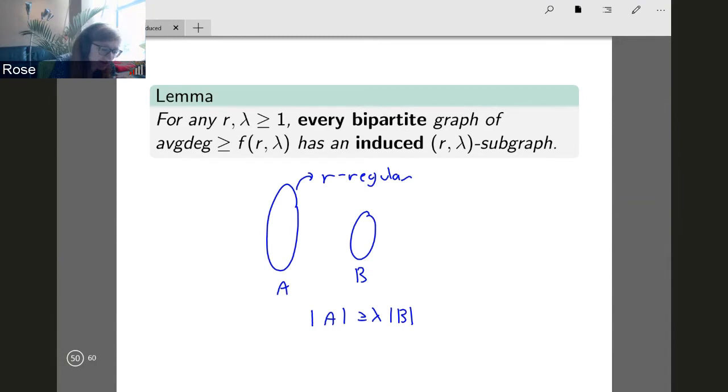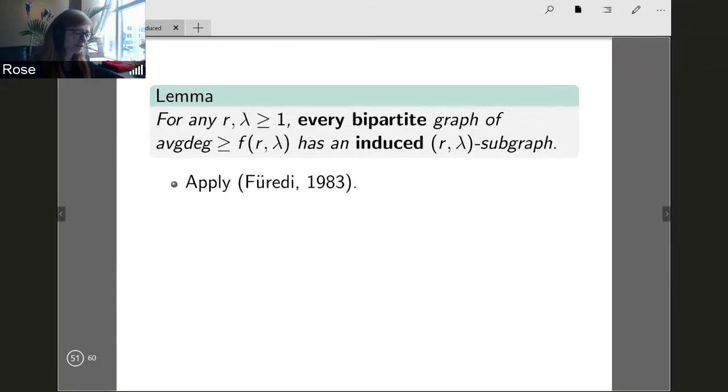And the other thing to notice here is that our lambda subgraphs are dense already. So we know that every vertex in A has high degree, it has degree at least r, but also B is smaller than A. And so the average degree of B is at least r also. So now we're really just working with, and in general, we're always really just working with graphs where one side is regular. And so from there, the proof of Delcourt, Kubik, Martin, and Rödl actually works. It's included in the paper, and it's still quite short. It's only a couple of pages long.